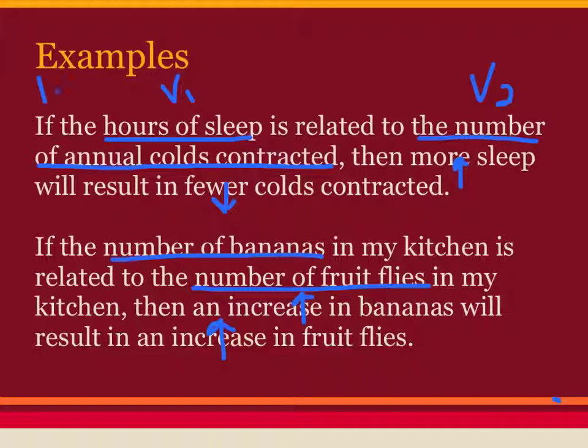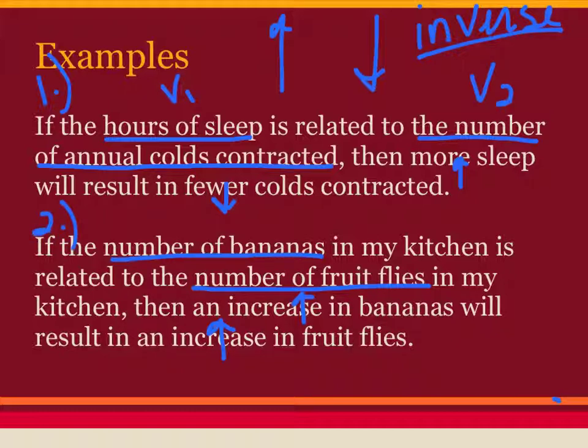In example 1, we see a relationship in which an increase in one variable results in a decrease in the second variable. We call that an inverse relationship. Okay, that's an inverse relationship. Make a note of that. Because when I ask you what kind of prediction you're making, you'll say, oh, I predict an inverse relationship between these two variables. Whereas hypothesis 2, on the other hand,